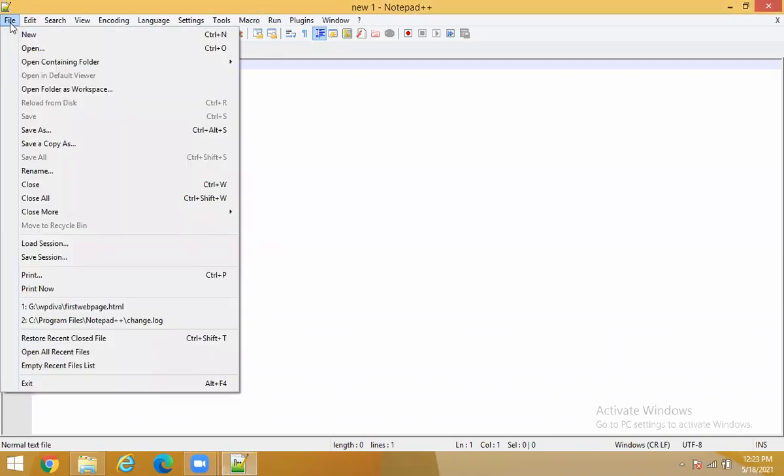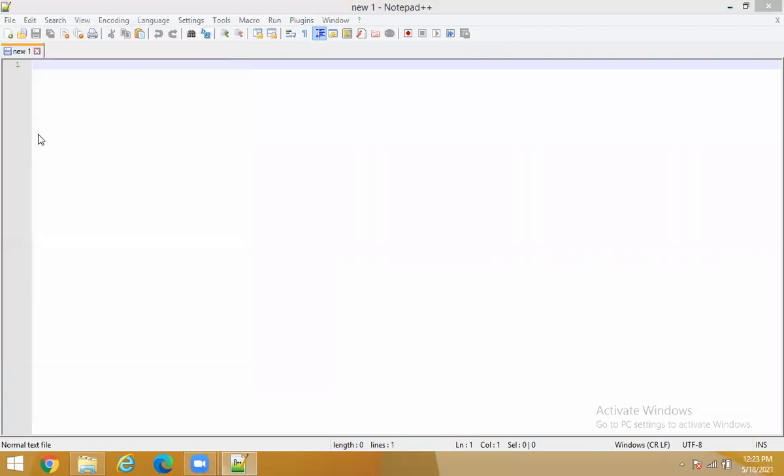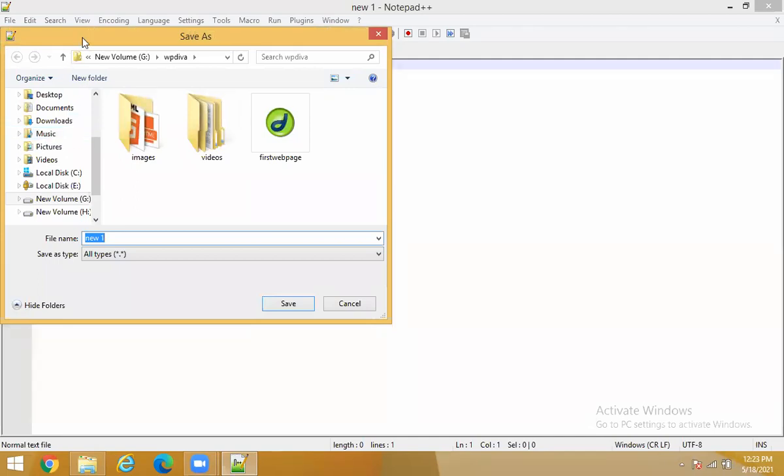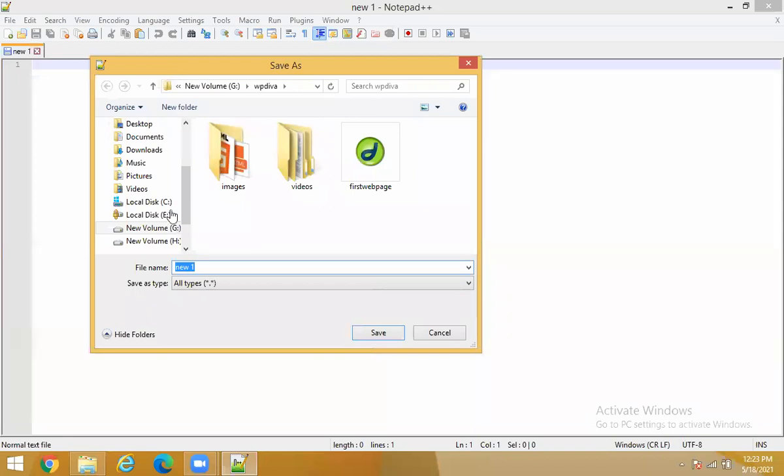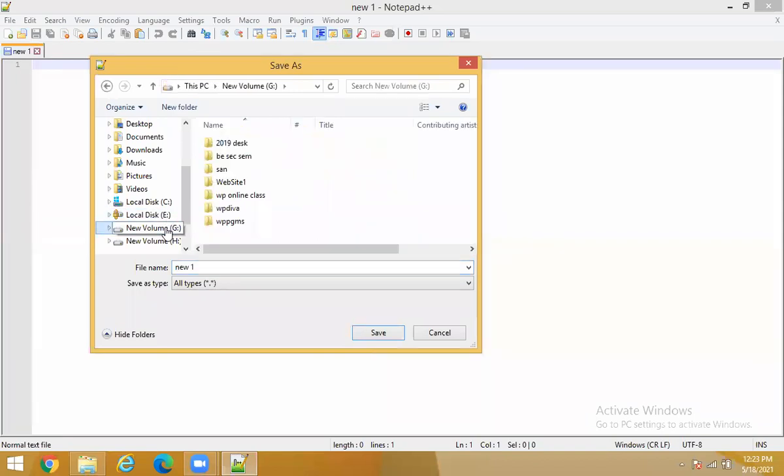Go to file, please note it down if you want, then go to save as. When I go to save as, can you see that the G drive is visible to you? Is the G drive option visible to all of you? Yes, guys.